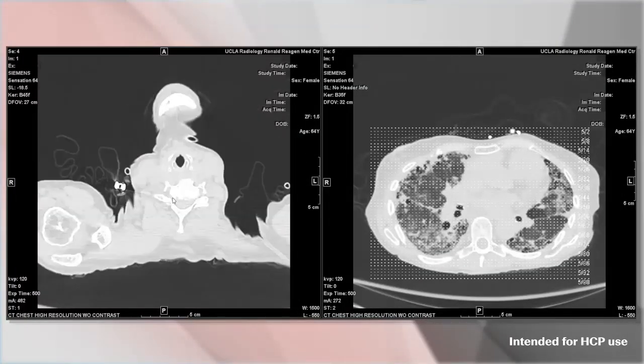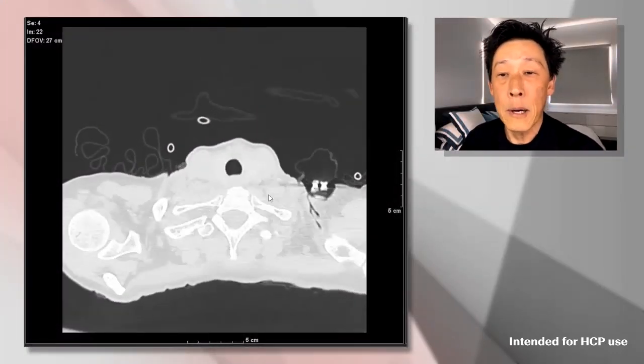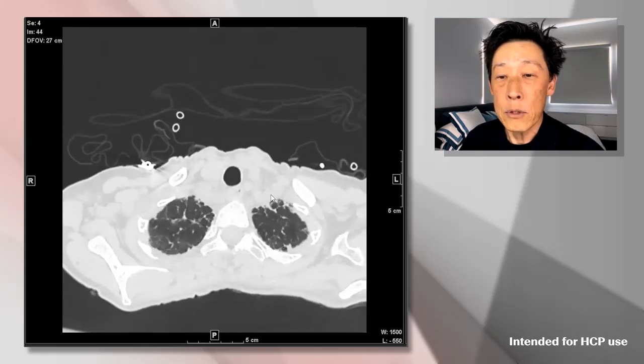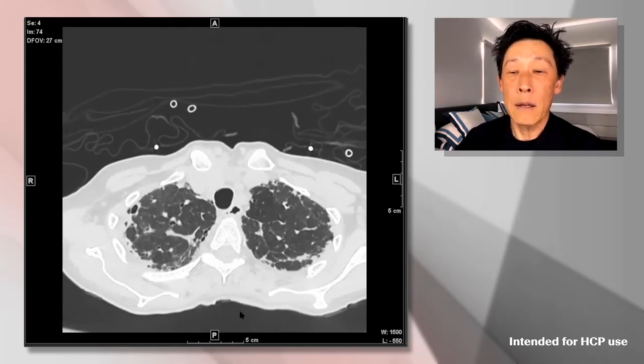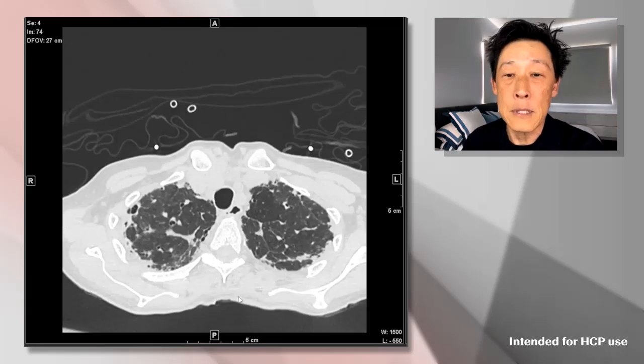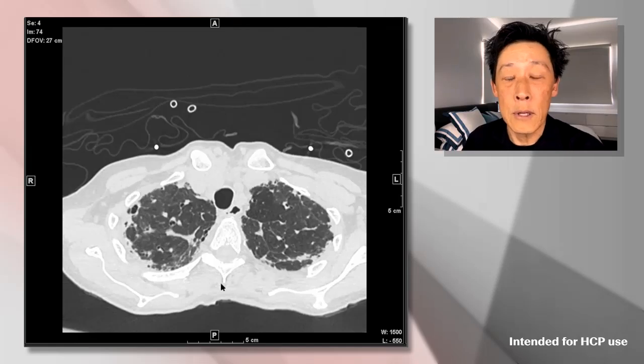So here we have axial 1 millimeter images from a high resolution CT on this patient. So as we go from the top to the bottom of the chest, we'll take you through some of the features. And notice that here we're going to just stop for a moment and look at the lung apices. First of all, you can see that the density of the lung is not normal, or it looks grayer than what we saw on the normal CT. The other thing is that we see what we call reticulations. And so these are these little lines that are at the edges, and I'll show you more of those as we go further down into the chest.